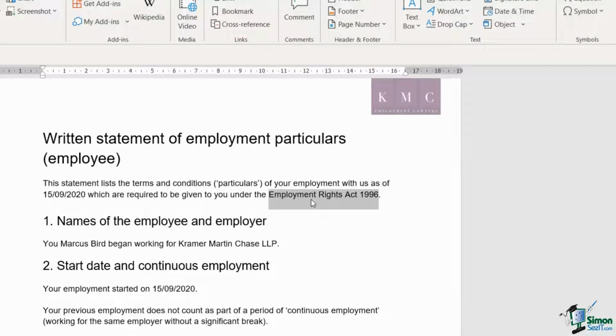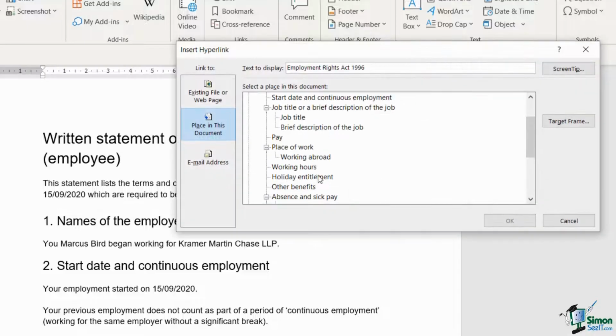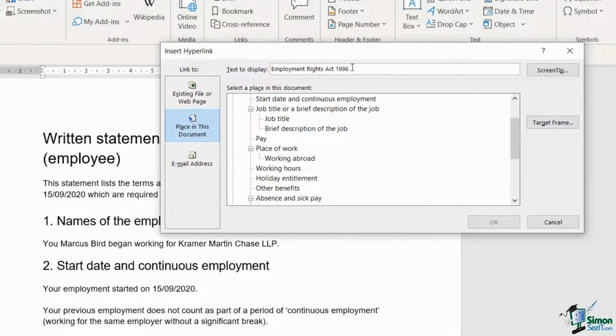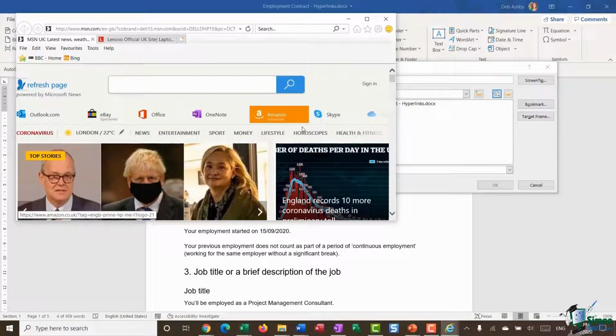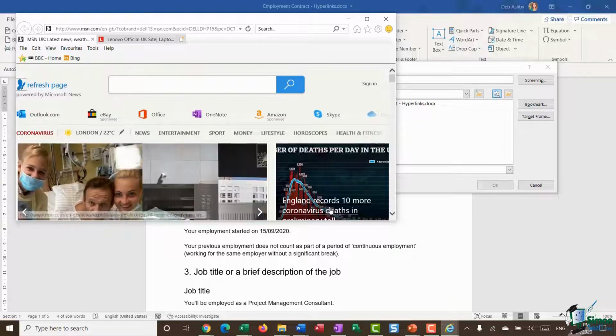So what I could do is select the text, right-click, and jump into link. And this time you'll see that the text to display is now the same as the text that I've got highlighted. So that's a more efficient way of doing things. What I can then do is just jump straight to the address field at the bottom and type in the web address. Alternatively, I have a browse the web option just here. So this will open up an internet window, and you can see mine is opened in Internet Explorer. I can then choose to go to the